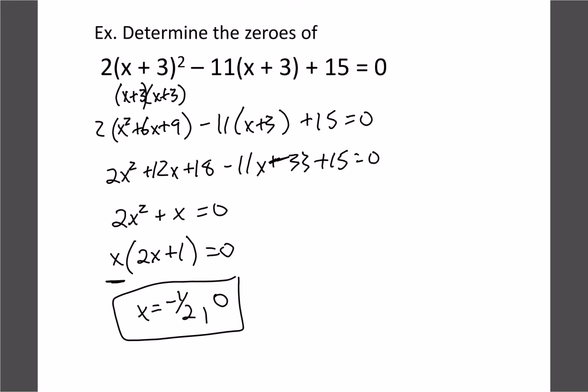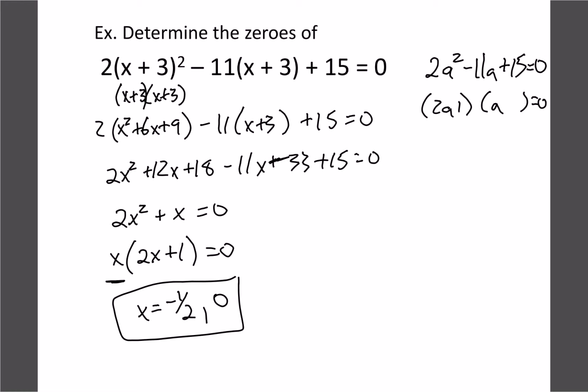The other option is we can see that the brackets are the same value. So we could actually just change that to a different letter. So let's just use a. So if we go 2a squared minus 11a plus 15, now it looks like a regular quadratic, so we could actually factor it. So we'd have 2a and 1a. And we want 15, so we need 1